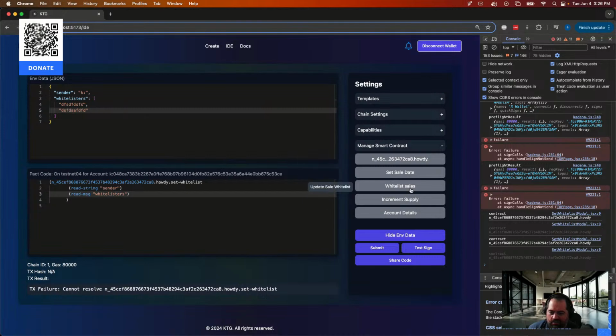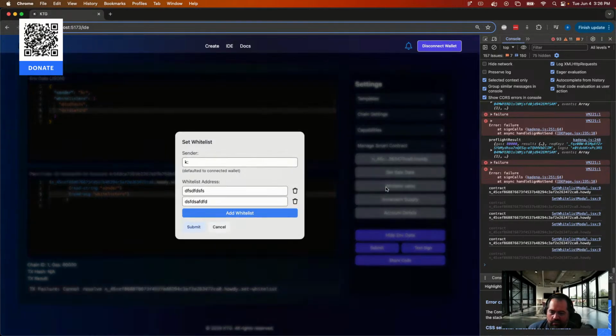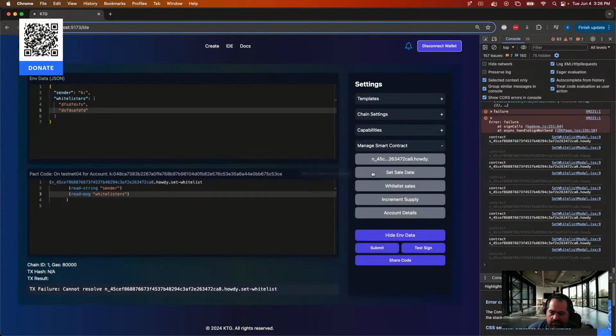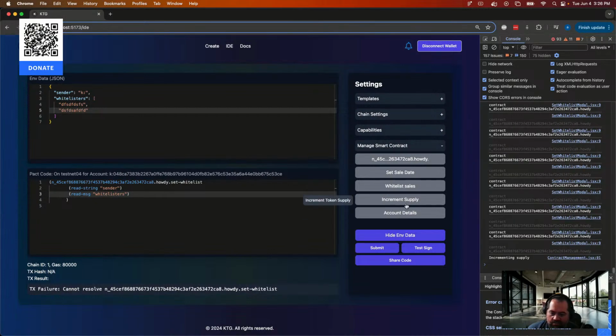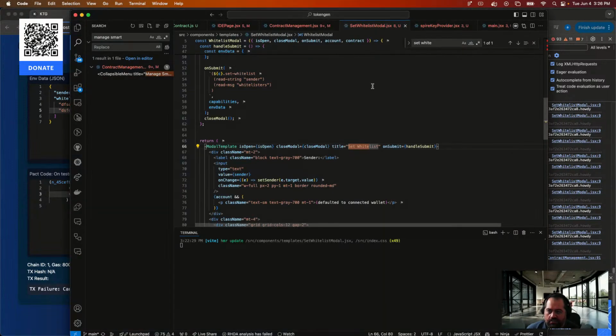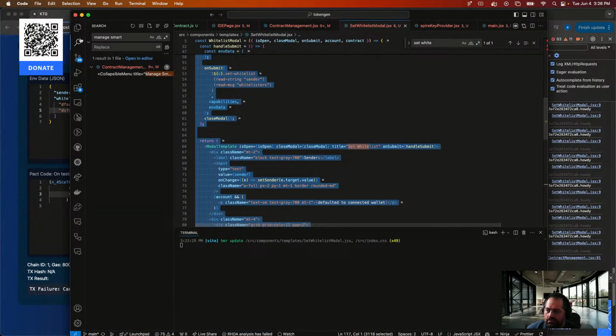I just don't want this to get too noisy. Like, whitelist jail should be one thing. Set sale date should be another. Increment supply. It's just simple. That's actually the simplest one. So yeah, by that logic, we can